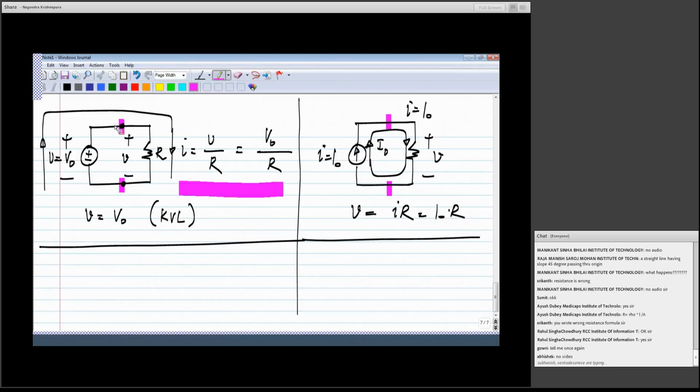Okay. Now, this comes from very trivial applications of KVL and KCL. I am not going to describe that. If you want to, you let me know and I will do that. But it's pretty obvious that the same current is flowing in the voltage source and the resistor here, and in the current source and the resistor on the right hand side. Okay. Now, one of